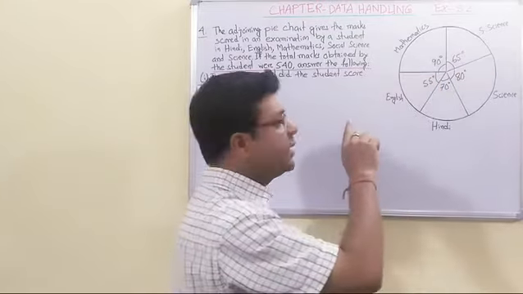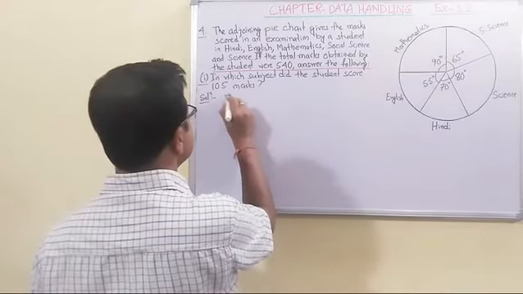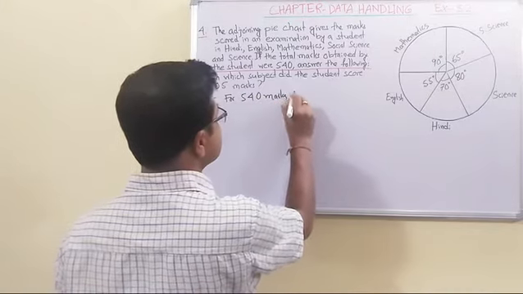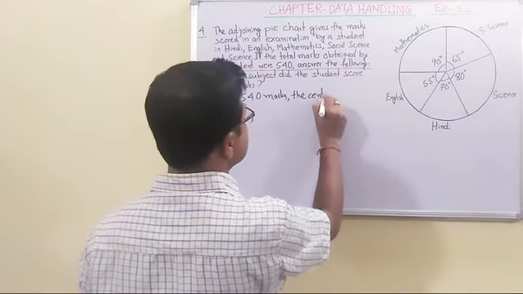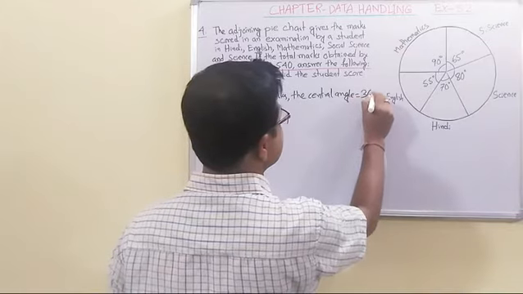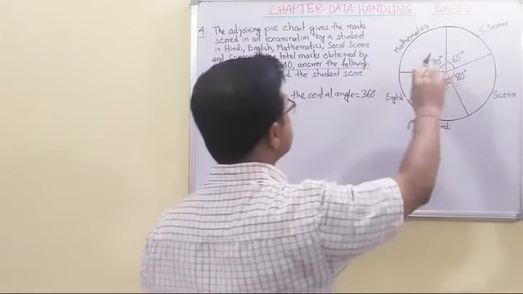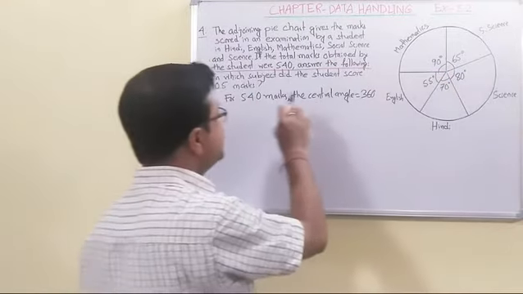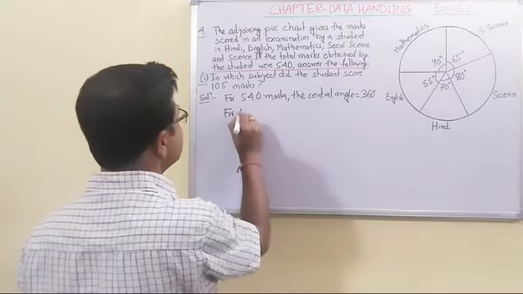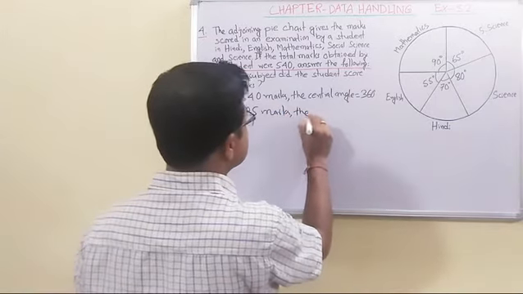So let us take that procedure. We can write that for 540 marks, the central angle is 360 degrees. Here the total mark is 540 and the total central angle is 360 degrees. That statement we have used. By the unitary method we should find out. Therefore, for what is the mark given? 105 marks. So for 105 marks, the central angle